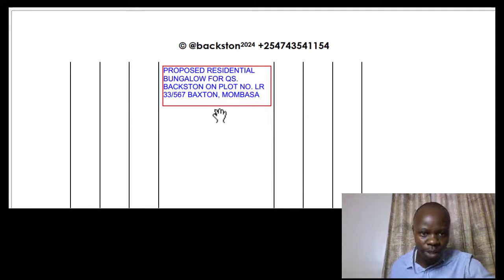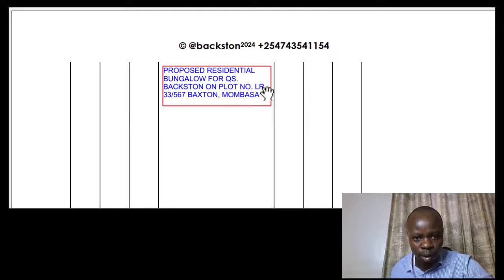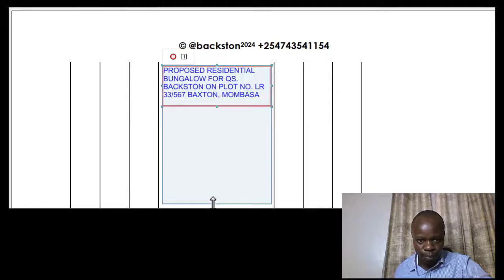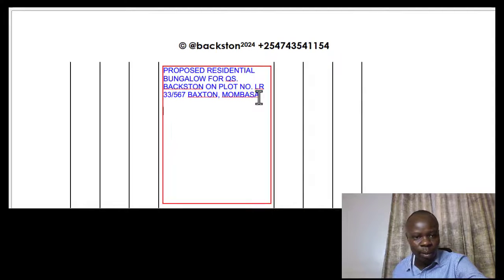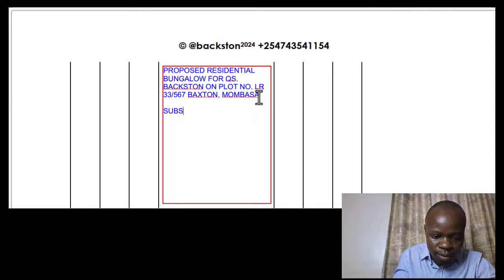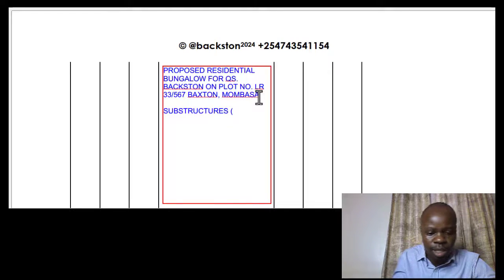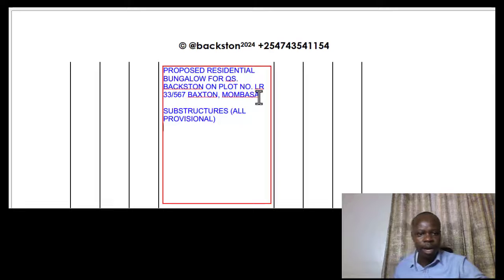Okay, so for our scope today, we are dealing with the part that we call substructures. So for the substructures, it's always indicated to be all provisional. And in the previous sessions, I remember well, I stated that all provisional for substructures has a meaning. And just to reiterate the same,